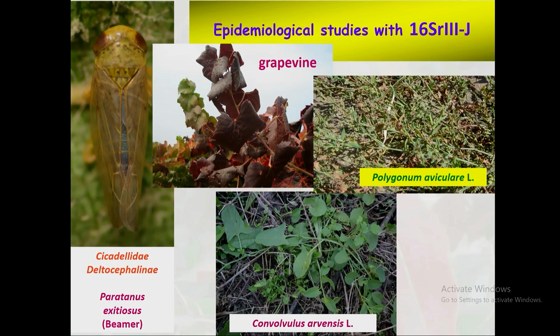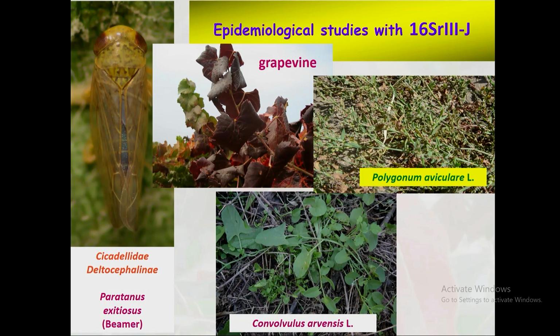And this is the case of one of the vineyards that we visited, in which we saw the symptoms of grapevine yellows in the grapevine plants. Then we found the phytoplasma in weeds present in the vineyard or in the vicinity of the vineyard. And then we found the most prevalent insect, also positive to the same phytoplasma by analysis, that is a Cicadellid,